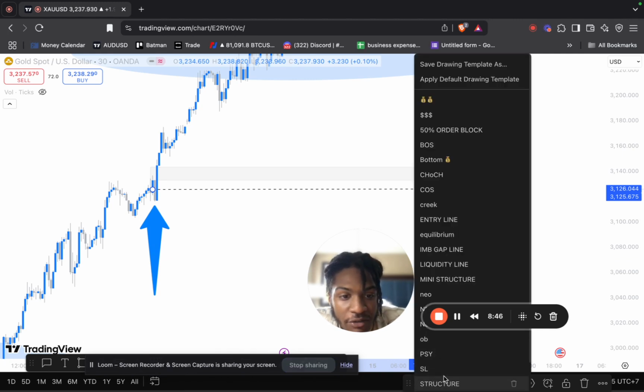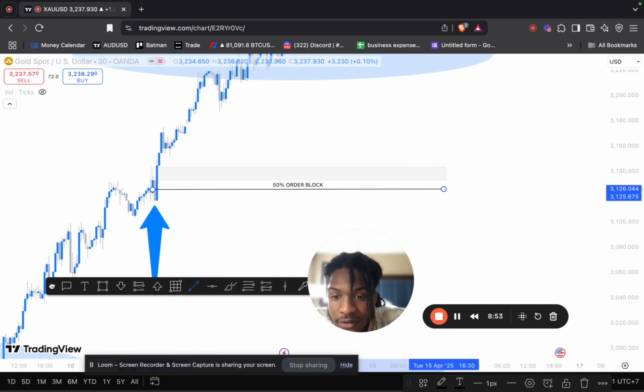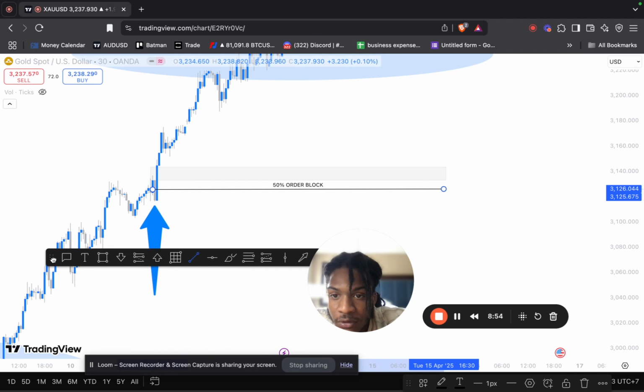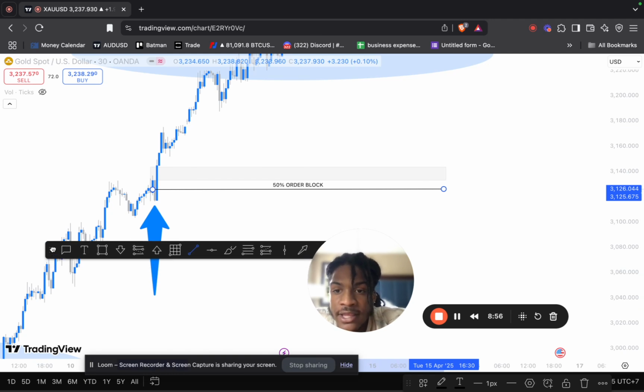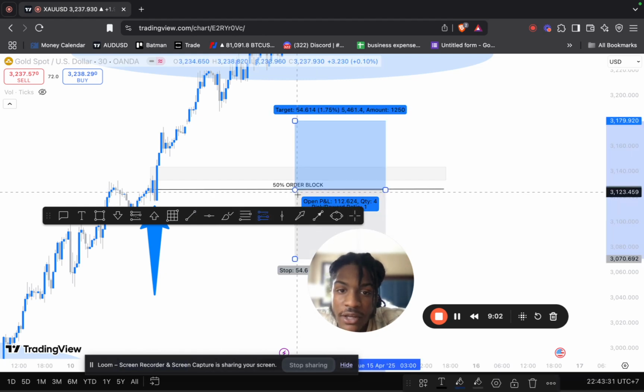And so I'm waiting for price to come down to my entry. And this is going to be labeled 50% order block, because order blocks get filled 50% of the block, not time. Well, I could technically say that too. So here,